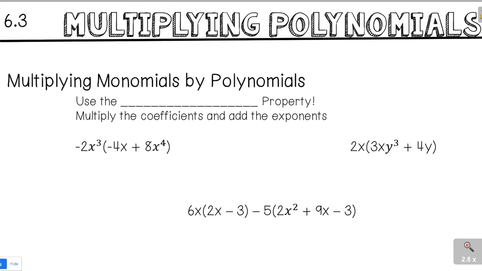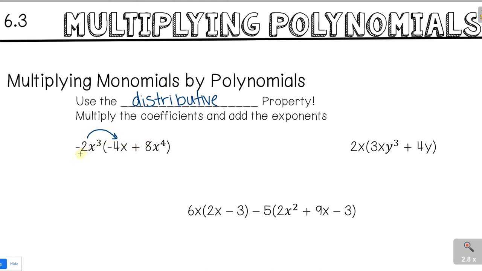Today we're going to be looking at multiplying polynomials. To multiply polynomials, you're going to use the distributive property. When you're multiplying, you are going to multiply your coefficients and then add your exponents. So we're going to take this term on the outside of the parentheses and multiply it to everything on the